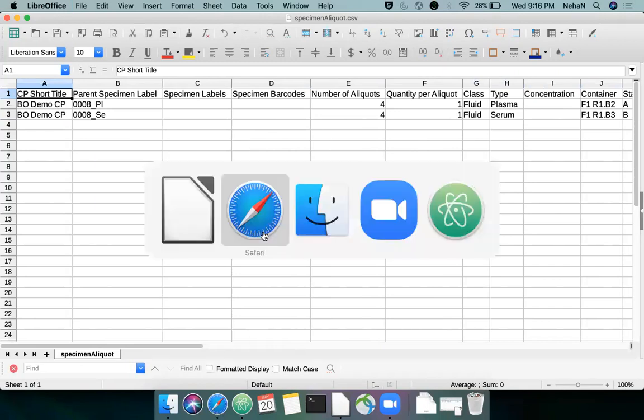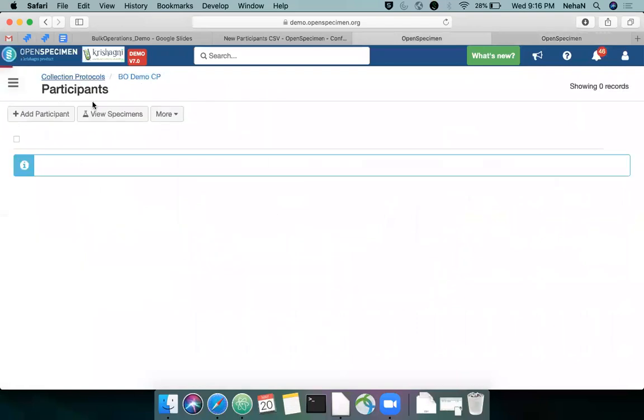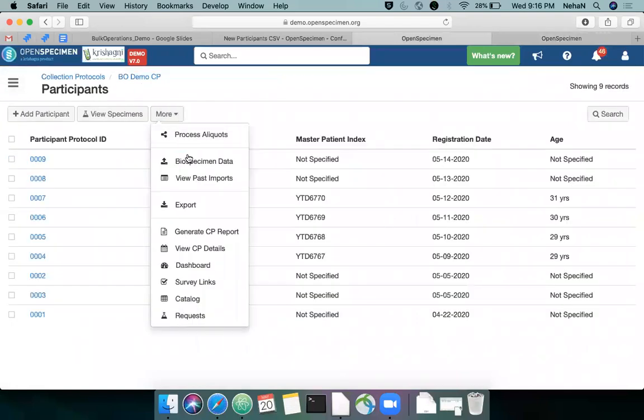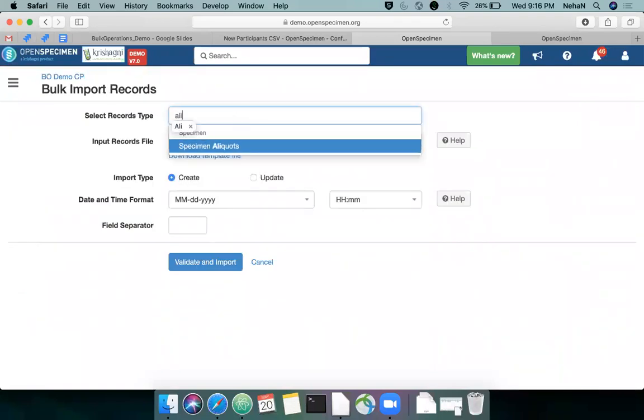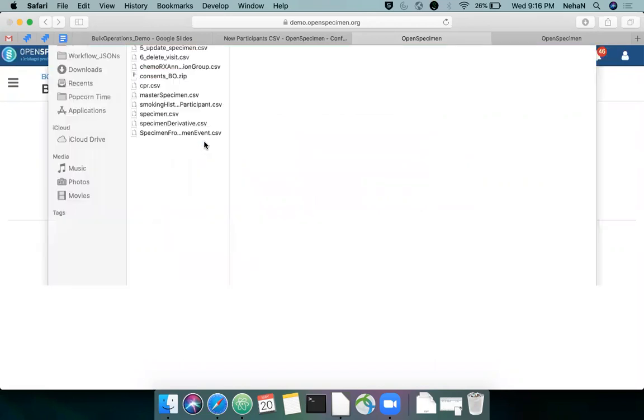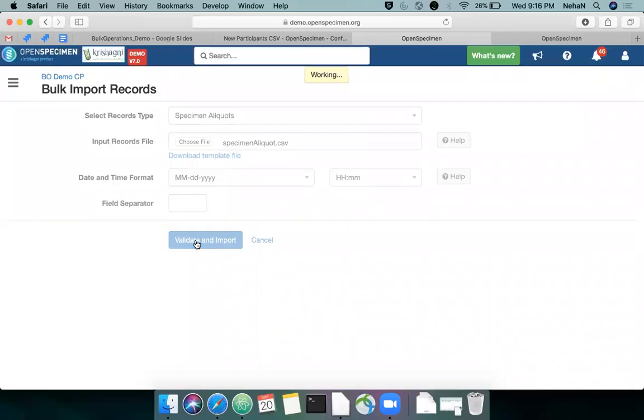I'll just save the file, go back to the user interface, biospecimen data, and make sure that you select aliquots. Choose file, specimen aliquot, validate and import.